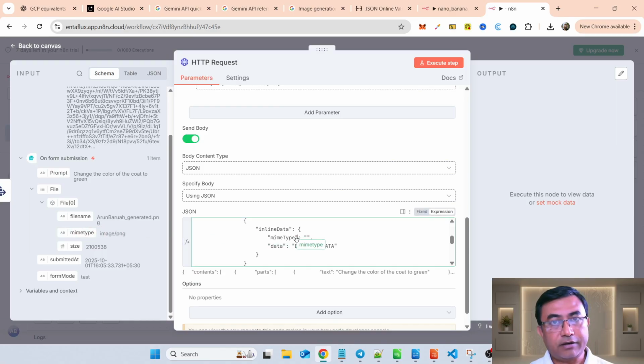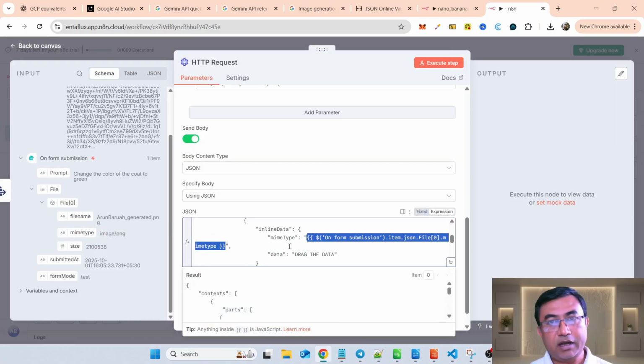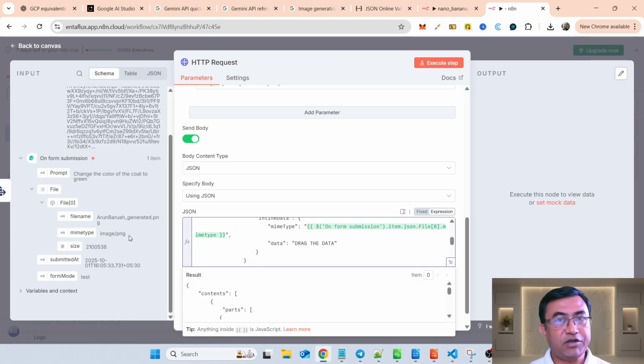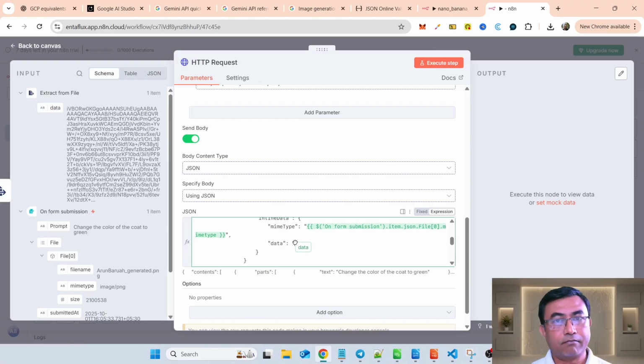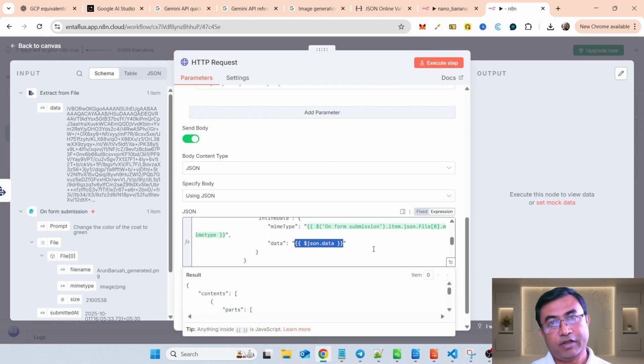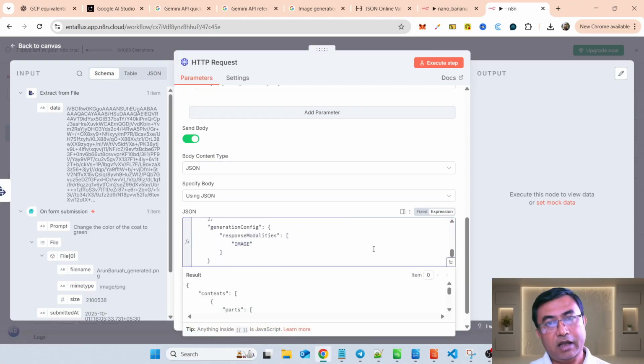This is what we enter as image, right? Image type JPG and all. So this particular image was a PNG, so it has been taken as PNG. Then data, drag the file. We need to drag this data. Yeah, we drag this data and